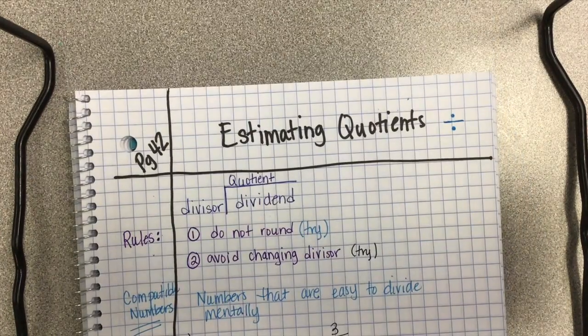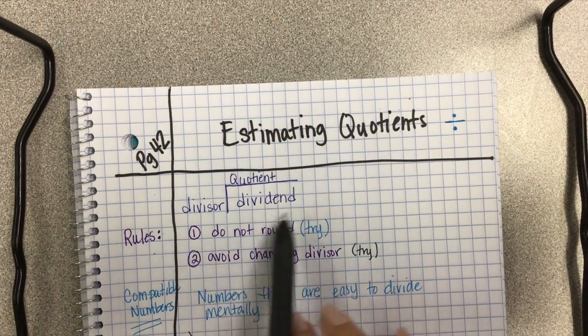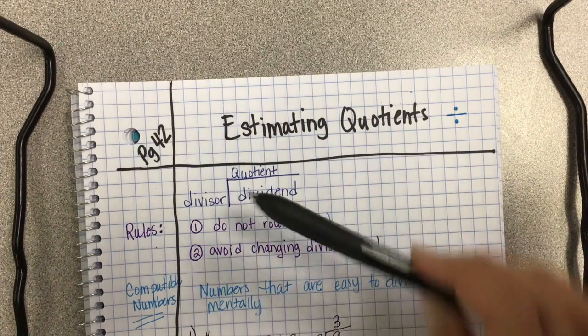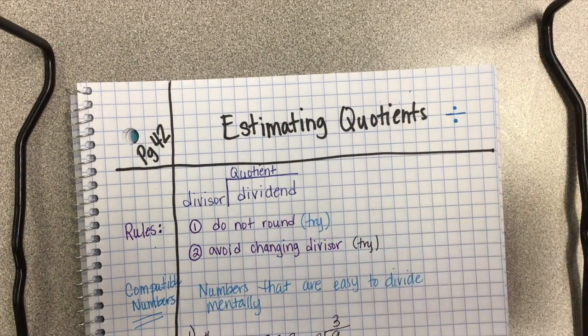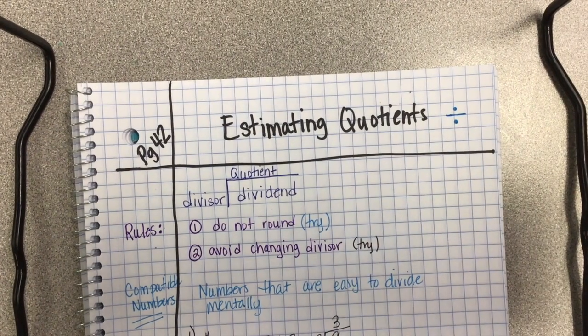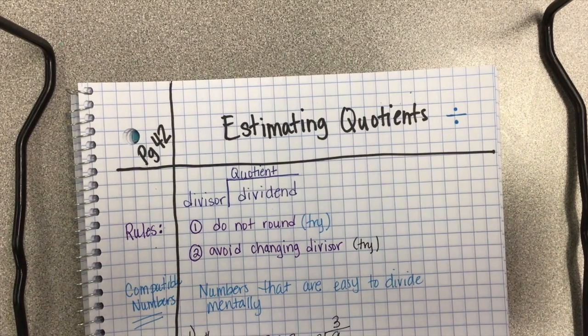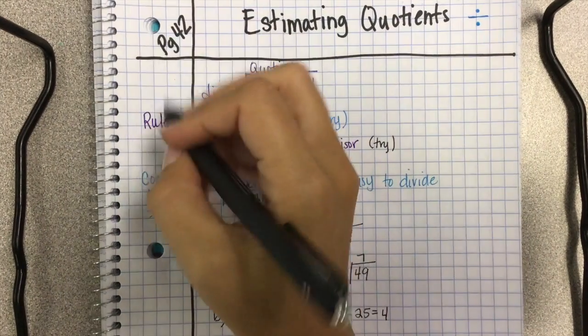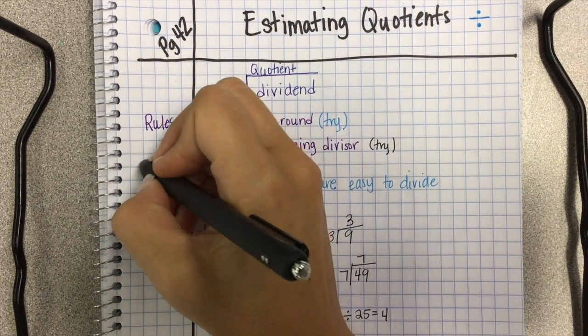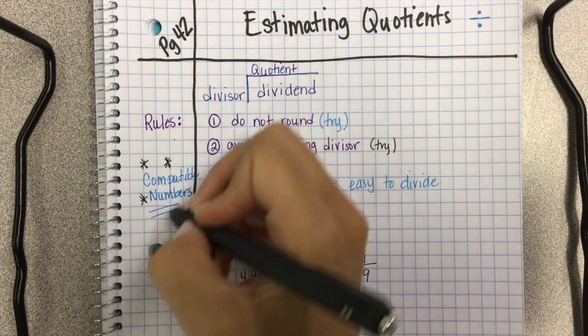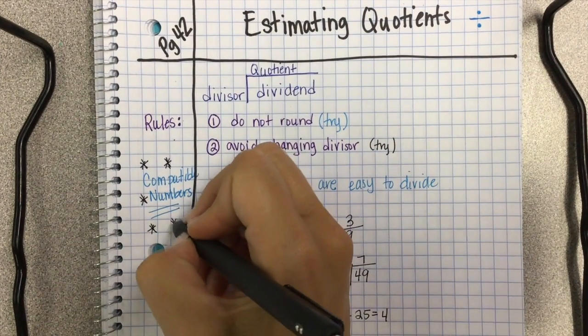So, when you are estimating quotients, which is any division problem, you definitely want to try to follow these rules. Try and try. And if you can't, then do your best to find compatible numbers, right? I'm just going to draw some stars all the way around compatible numbers because this is going to be your easiest, best bet to get through